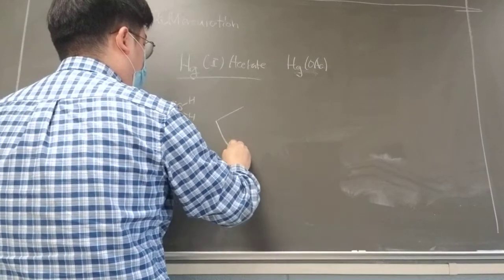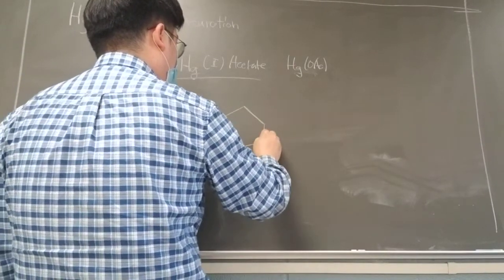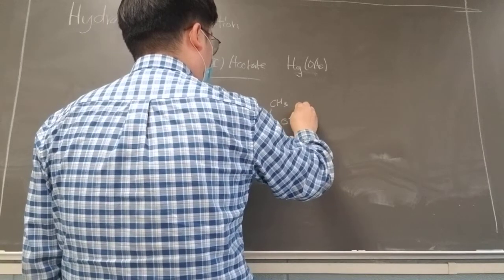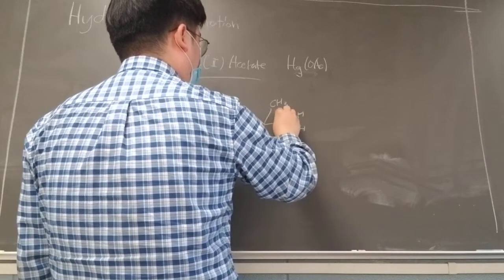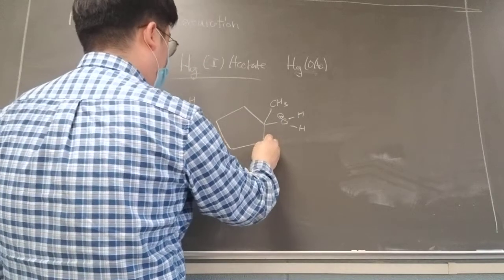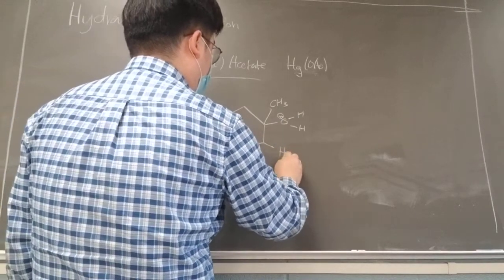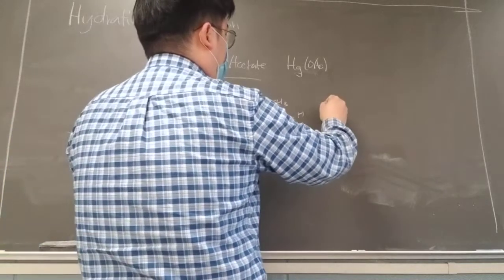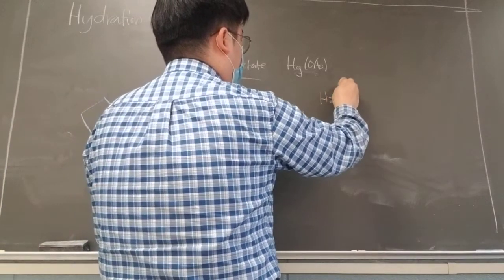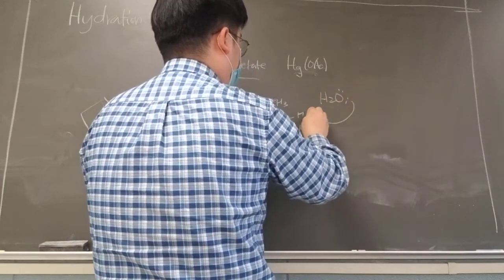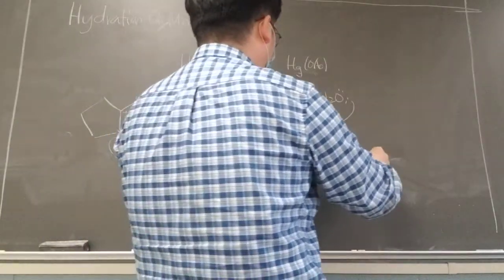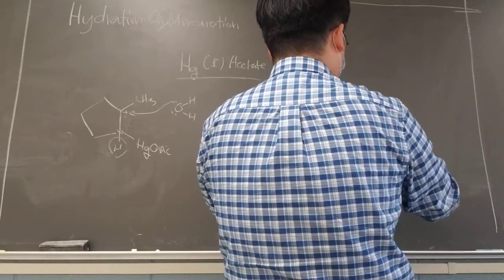So now you have this one, and now it's highly charged here. And then another water comes in, grabs this one, and then this goes onto this also. So eventually, you're going to have